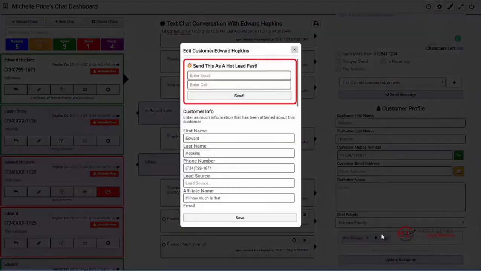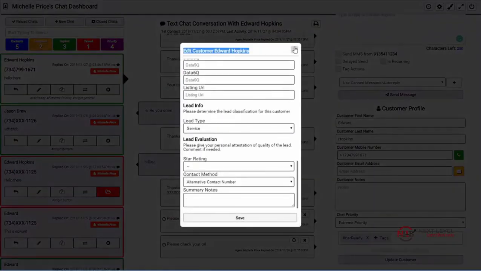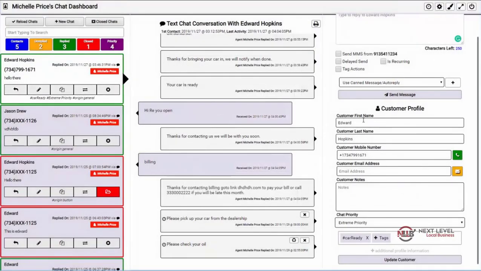This is a mini version of this profile here. To edit the full profile, you can come in here and do all this just like you can from this side over here. But this is where the most accessed information can be placed. Customer first name, last name, mobile number, their email address, and any notes about the customer can be placed here. You can put an unlimited amount of notes. Then, of course, we have the priorities that we can set, and then the tags that are assigned to the